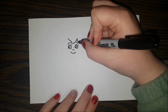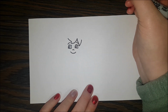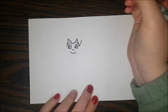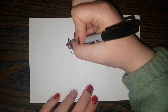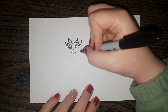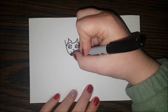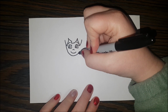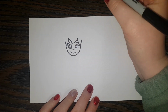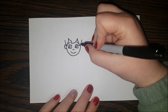Now we're going to swoop down, swoop back up, and over on this side we're going to curve on down and come back up again. Now we're going to draw a face shape, so we're going to give him a rounded face, kind of just like a big U. And we're going to give him two little ears,